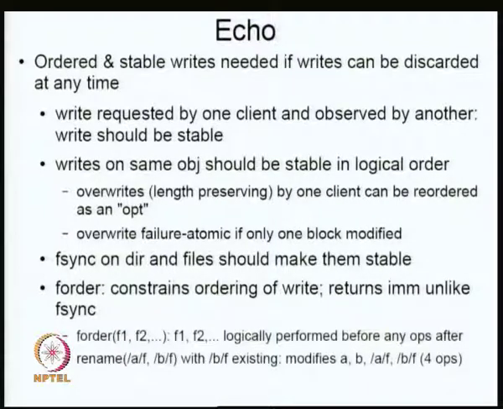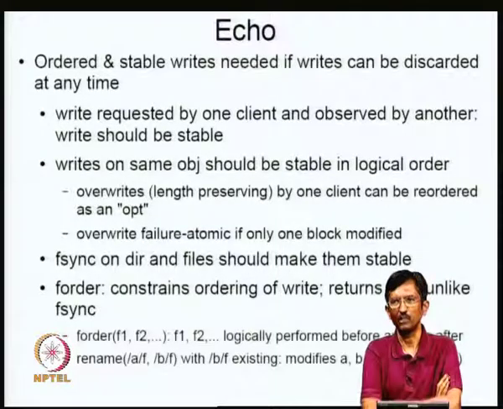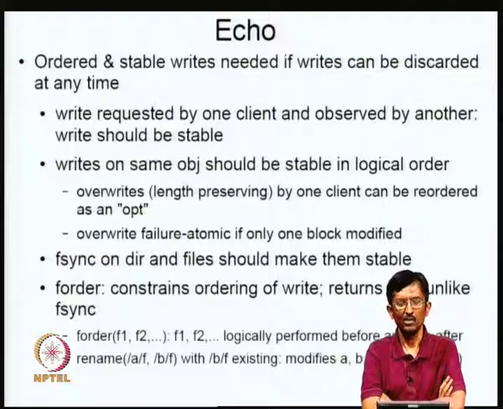Again, why is this the case? Because notice that if you want to do overwrites, it is basically a read, modify, write. You have to read it, update it, and then flush it back to disk. Okay. If you are going to have this reordering as an optimization, then you can't really guarantee failure atomicity, which is not possible. That is why these two things are connected. Okay. Now, the other thing that they have in mind is some ordering operations. fsync is quite well known.